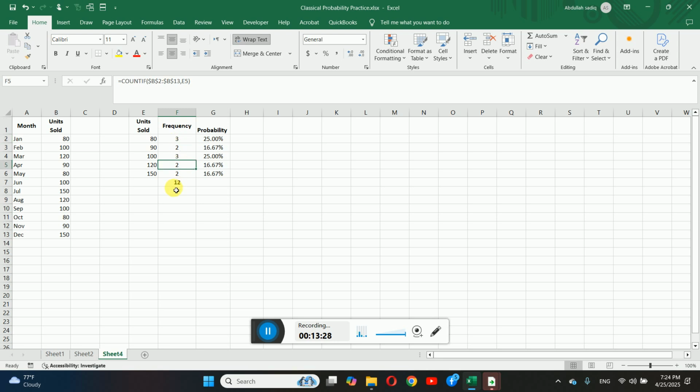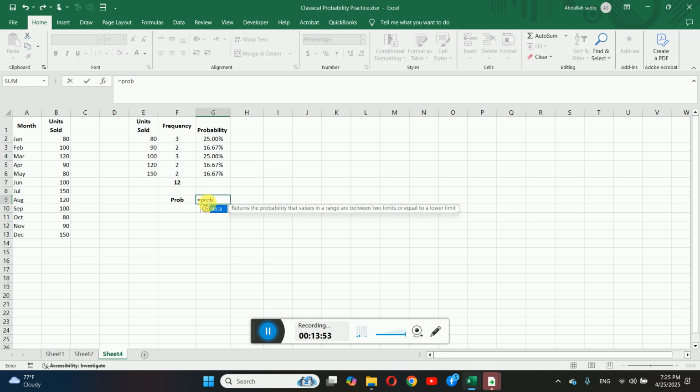Now, we have another very important function in Excel by the name of PROB. You're just interested to know what is the probability of sale between 90 and 120 inclusive? Or what is the probability of sale between 80 and 90? What is the probability of sale between 100 and 150? For this cumulative probability, we have the function PROB. Just click on PROB,